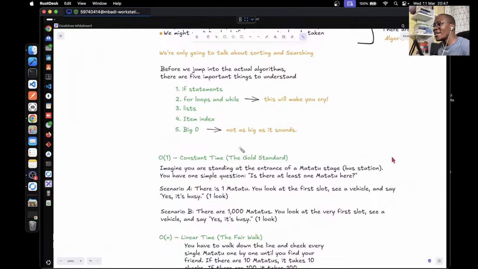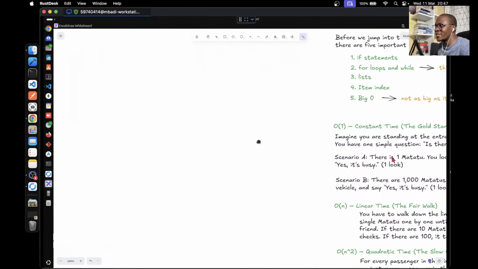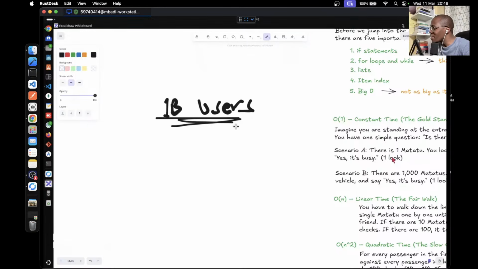So big O notation essentially means the amount of data we feed into the system and the time it takes. Before we go through all this, let's look at what that means. Assuming you have 1 billion users in your database and you want to go through the entire 1 billion, how much time will it take depending on the algorithm you choose?